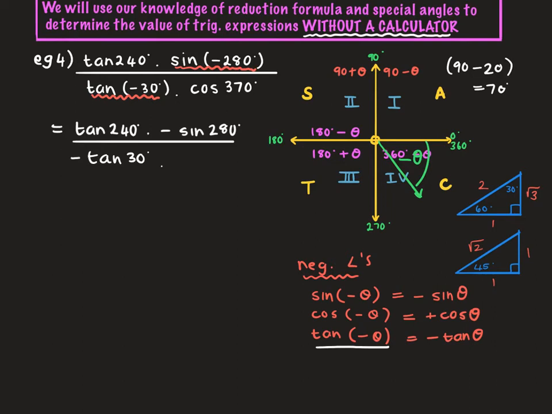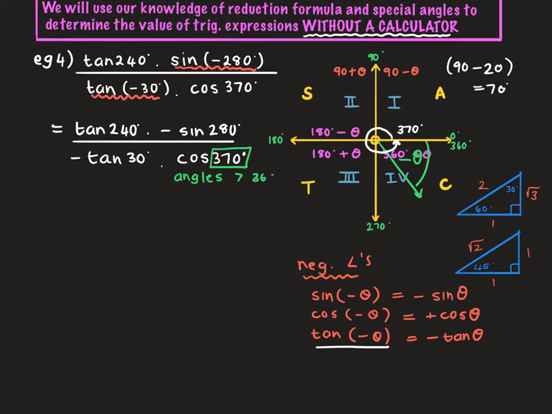Now, cos of 370, that's interesting because 370 degrees, if we think about our CAST diagram, which runs from 0 to 360, would mean we're starting a new revolution. So we're actually working again in quadrant 1. So I'm going to teach you a very handy trick. When you have angles which are